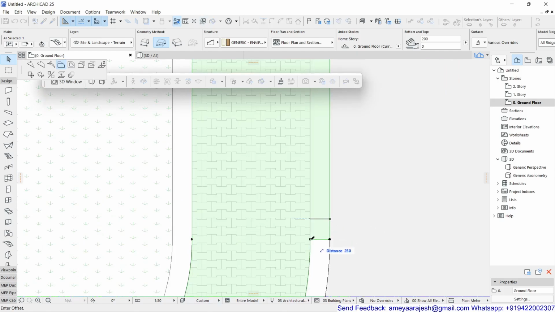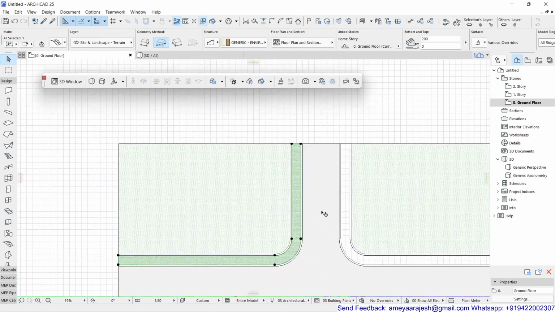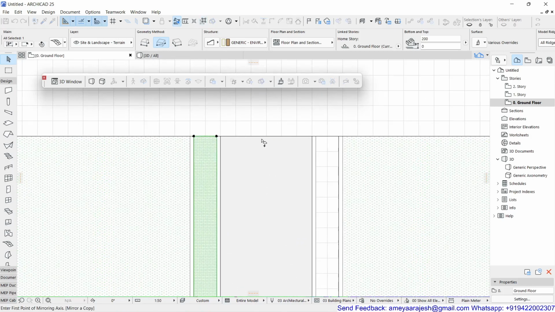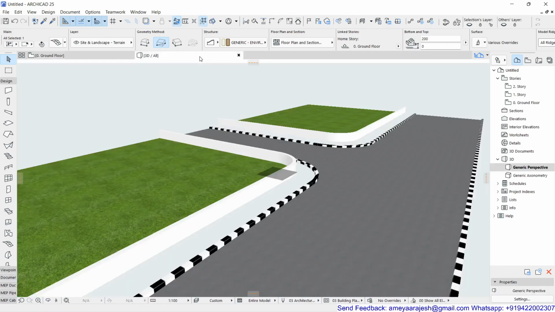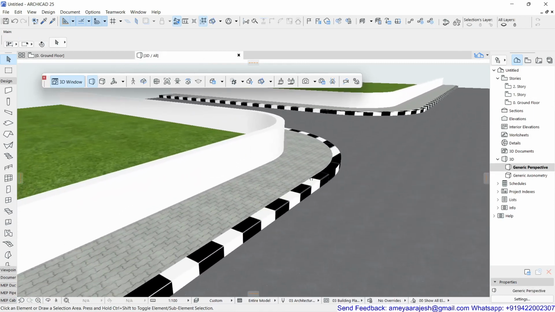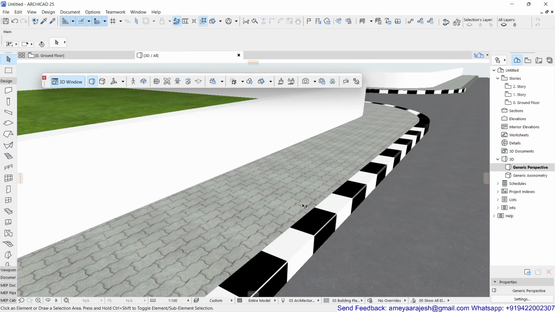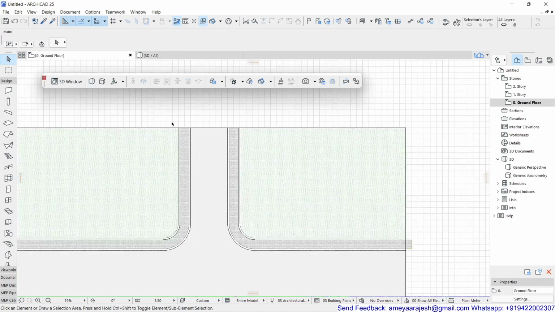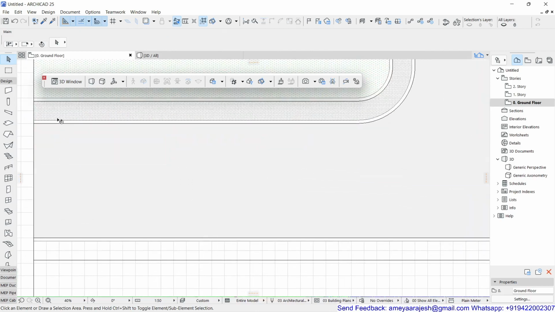So this is what I have completed, and I can mirror the same. I'll press Ctrl Shift M, and later you can stretch it also if you want. I'll mirror this. Okay, now I can see my 3D effect. Now you can see how it looks. This is supposed to be the pavement and its border or the curb wall, as you can call it. The same effect you can even give on this side also.